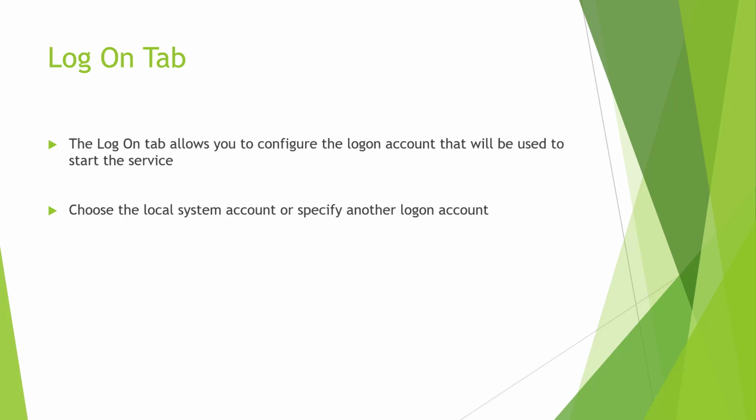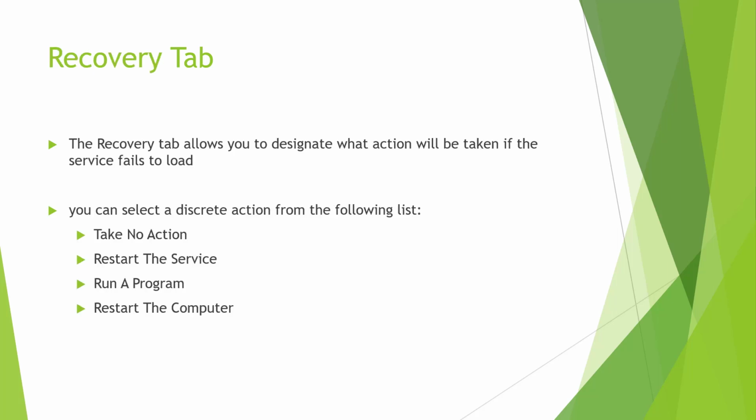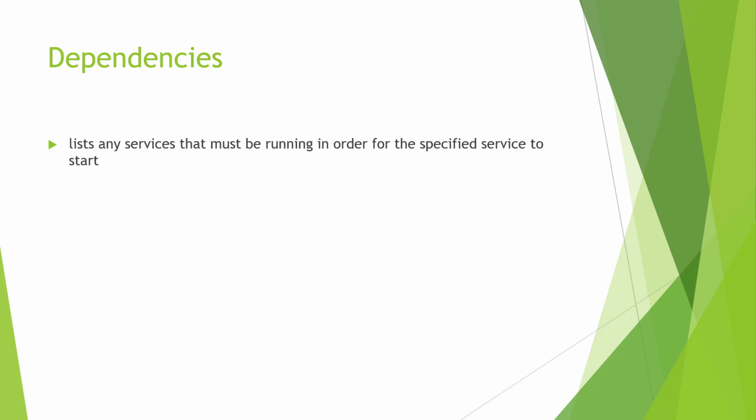We also have the Log On tab. This is where the logon account to be used is configured. We have the Recovery tab, and that's what happens if a failure occurs, first time, second time, third time, and so forth. And lastly, we have our Dependencies tab. This is going to show you what needs to be running in order for the specific service to